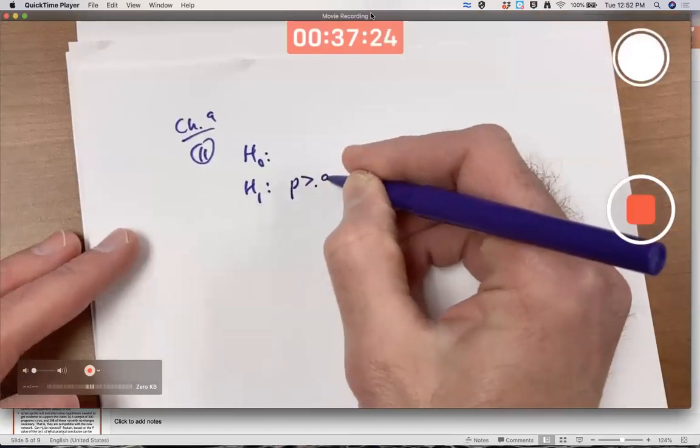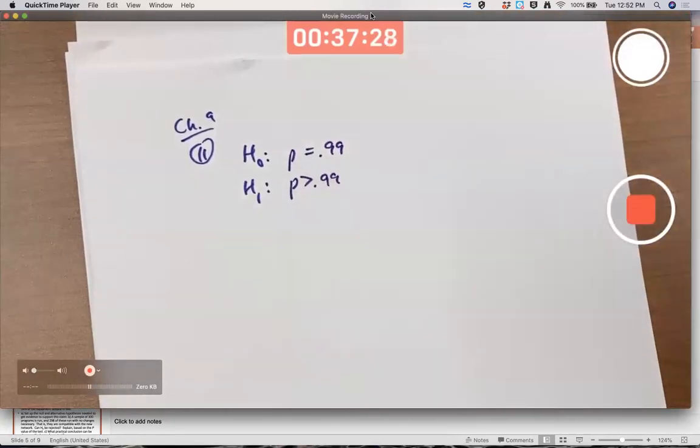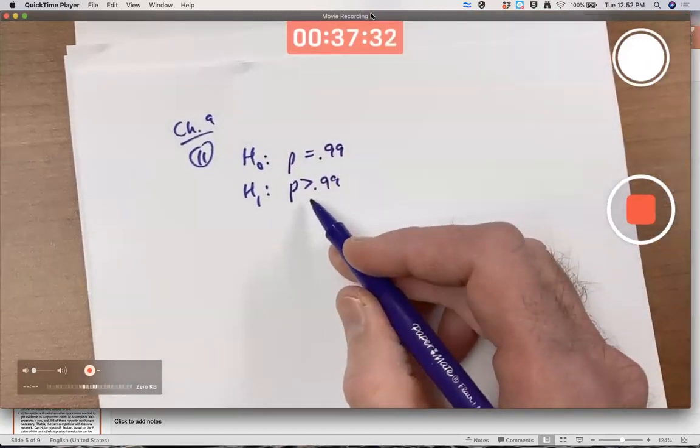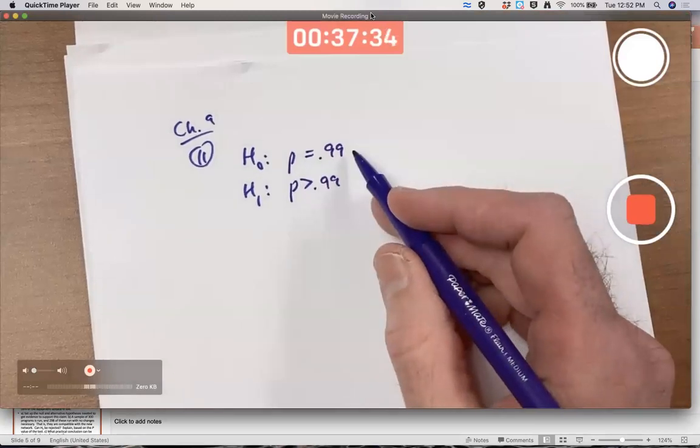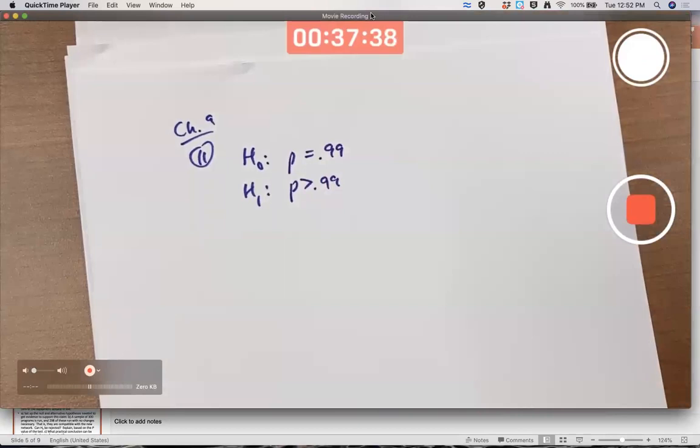Again, it feels a little scary, you might say to me, to be doing an alternative hypothesis for a proportion that's a right-tailed test where the null value is so close to 1 already. This feels a little fishy. Is it valid even, you might wonder? It's in the book, it's a problem. I think they still want you to use the main techniques.